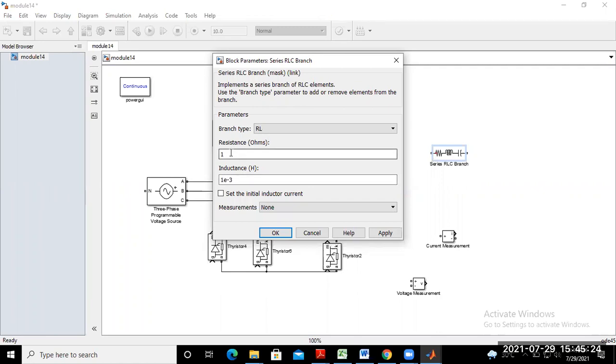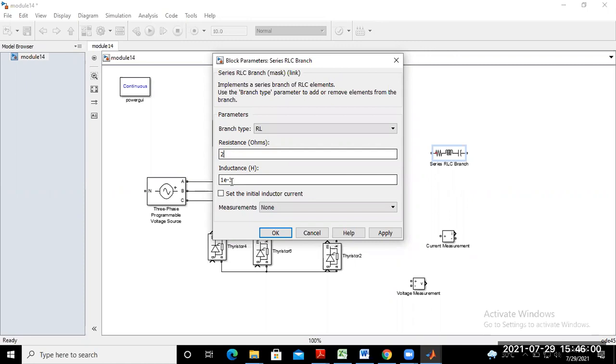Now if you want any specific resistance value, you type it here, otherwise it takes the default value 1 ohm. Is it clear? If you supply any particular value of resistance, then you have to type here, otherwise it takes the default value 1. So suppose you want to put the resistance value 2 ohm, just simply type 2.